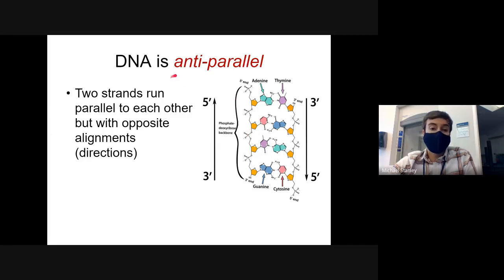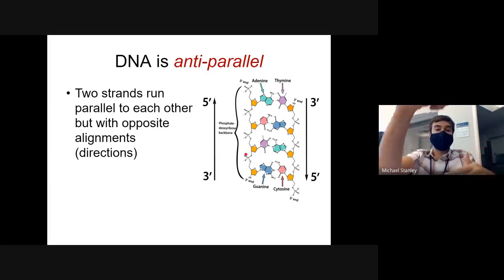So when we say DNA is anti-parallel, what we mean is that if one side of the DNA goes from the 3' end to the 5' end, the other side of the DNA is going to go from the 5' end to the 3' end. So each of your 2 strands has a different end on its side. So here on the top side, if we have a 5' end on one side of our DNA, that means the other side has the 3' end. If we go to the bottom part of our DNA, if one side has the 3' end, the other side has the 5' end. So the 3' and 5' are not only on opposite sides of a DNA strand,